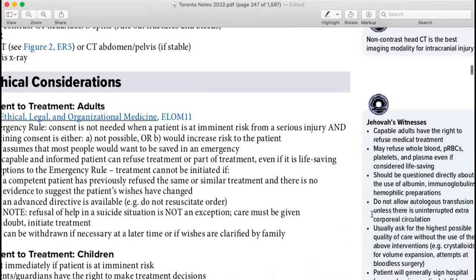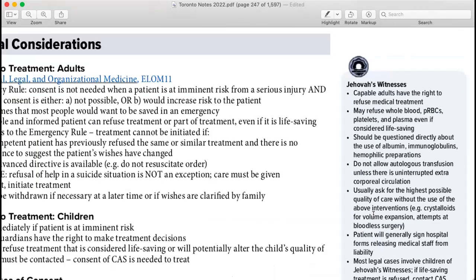Jehovah's Witness, whether the patient is capable of refusing. These are the questions they can ask you. If the person is refusing, he's a Jehovah's Witness, he's in a fully conscious state, then definitely you are not going to give blood. If you find a card of the Jehovah's Witness, then definitely you are not going to give. If the card is expired, then you are going to ask for the patient's consent or the family member's consent. If this is a child, you are going to look for the emergency condition and you are going to transfuse the blood. Even if the child has full capacity, you are not going to assess the child's capacity. You are still going to transfuse.